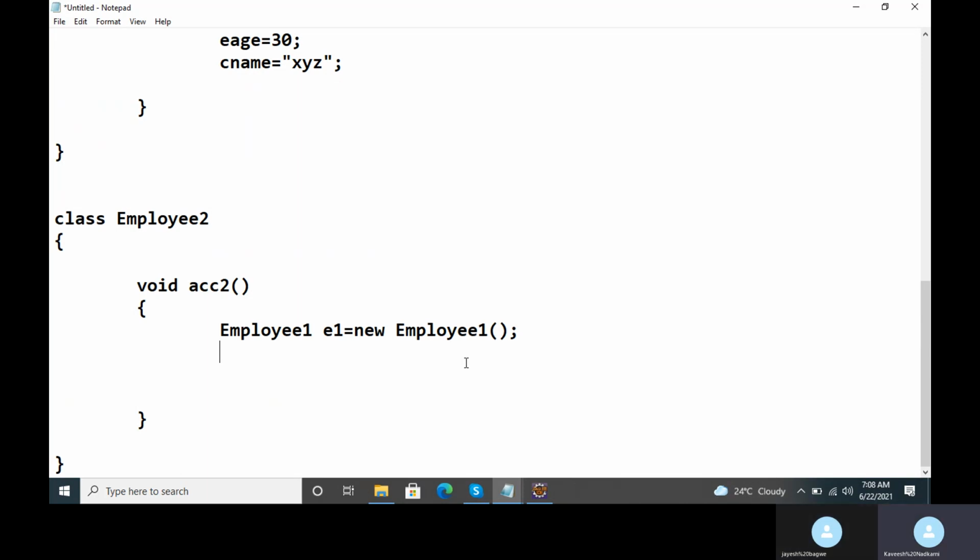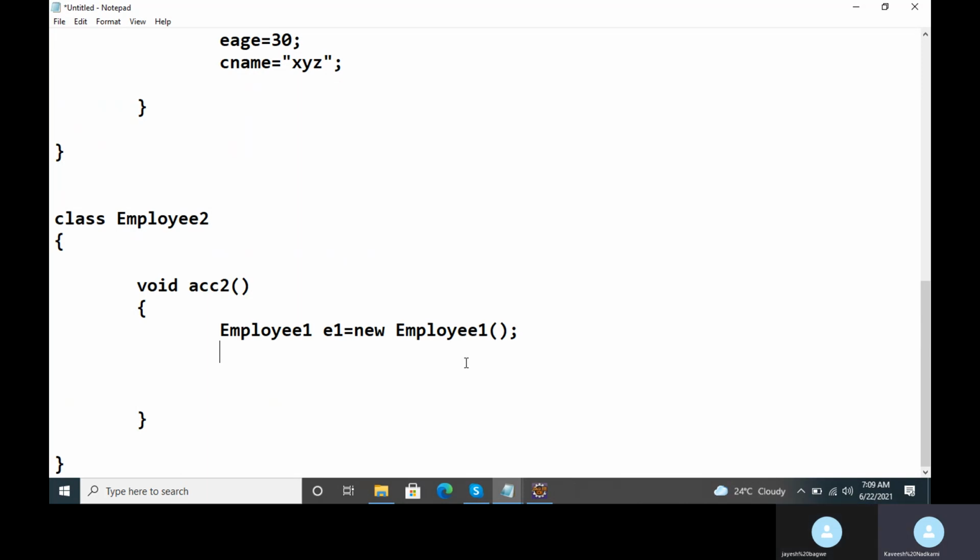And using those member functions, which we have called for that object of that class, we indirectly access the values of the data members of the object.